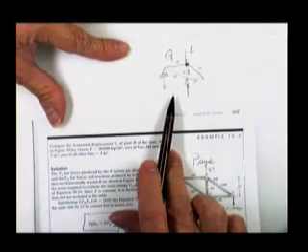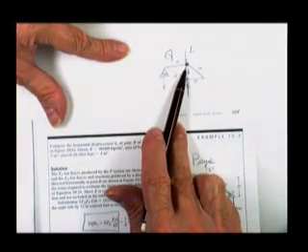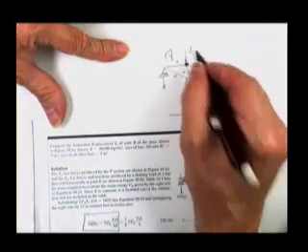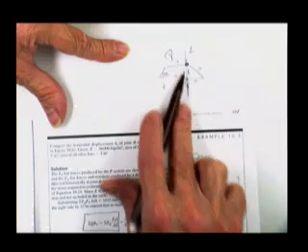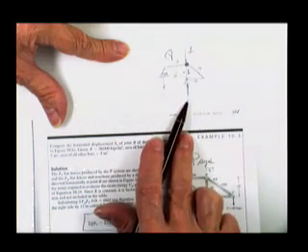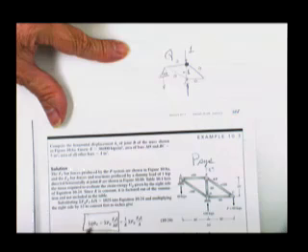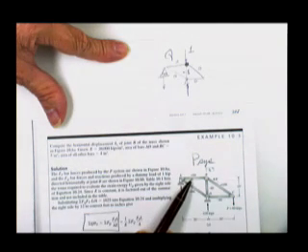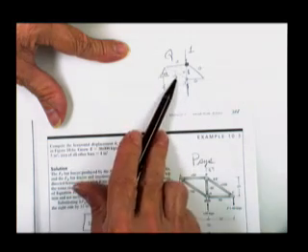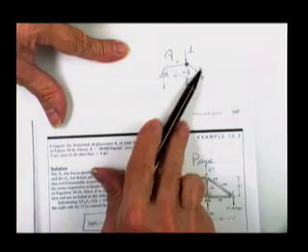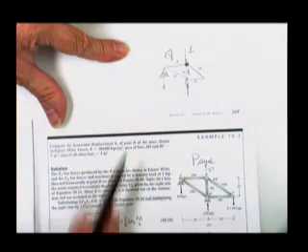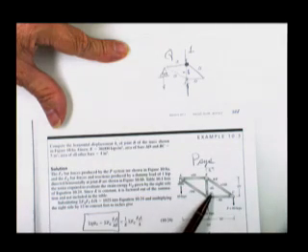Here was his answer. His answer was put a unit load down at the point you want the answer. 1. Causes, actually just goes right on through to the reaction. 0 forces in the members. You'd multiply this guy times that guy, L over AE. You'd add this guy times that guy and get nothing. You'd add this guy and this guy to get nothing, and you'd add this guy times that guy and get nothing. And then you'd add a minus 1 and a minus 60 times a minus 60,